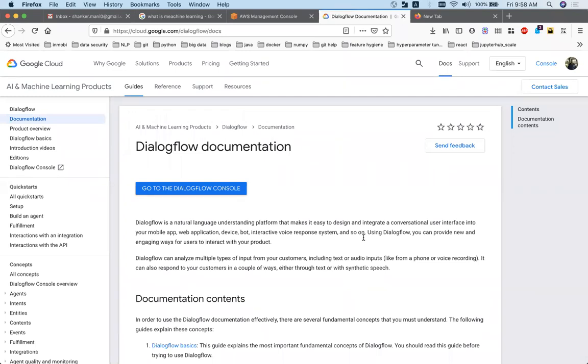Now there is another process. The other process is you can write code in Python, you can build a product, you can put it online on your servers, run into problems, fix them and all that. Now what these cloud providers are doing is trying to make building machine learning products as easy as possible.